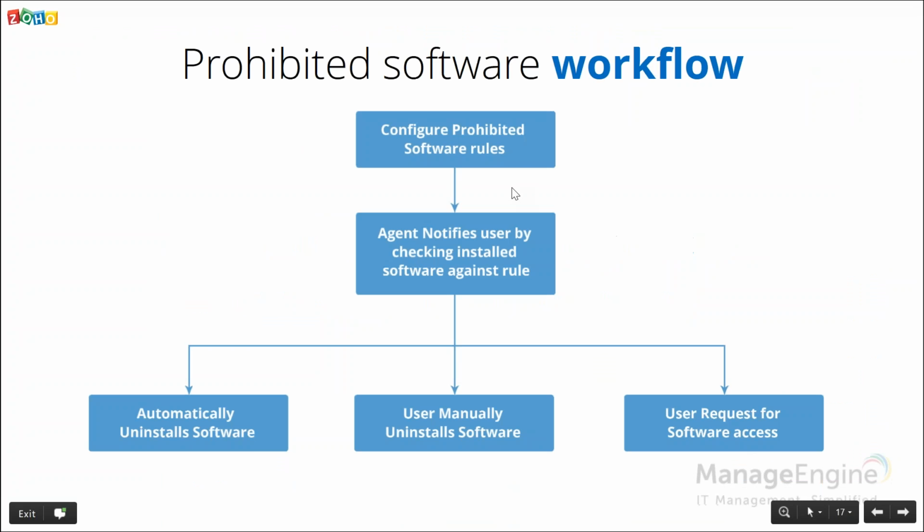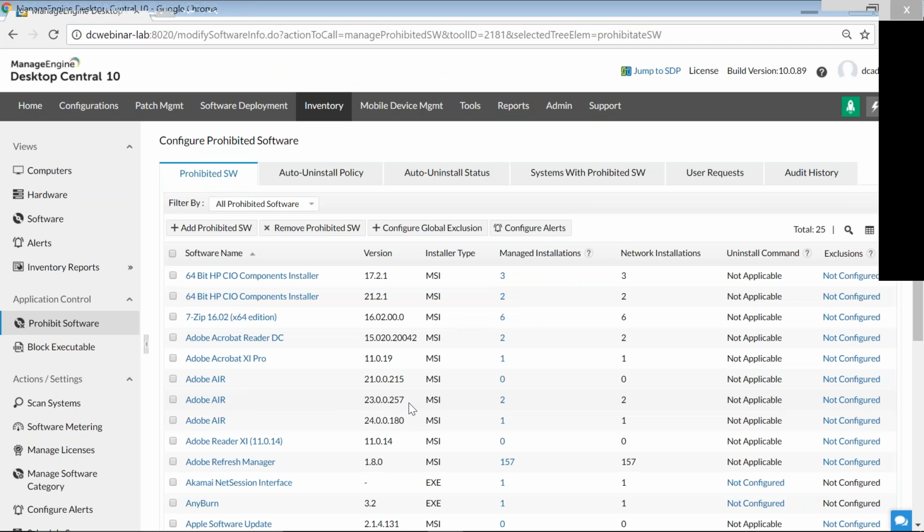Just to make it easier, we have a workflow here. We add the prohibited software by creating a rule, and it's picked up by the agents on the next contact. An agent checks the machines to see whether the prohibited application is installed. Going forward, we have features to uninstall the prohibited software. We can uninstall the application automatically without notifying the user, or with notifying the user, by using this option. So let me quickly take you back to the product